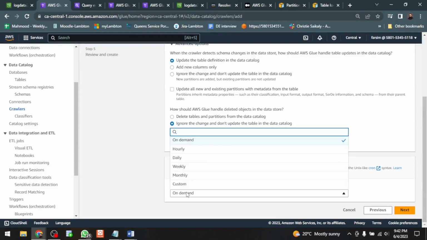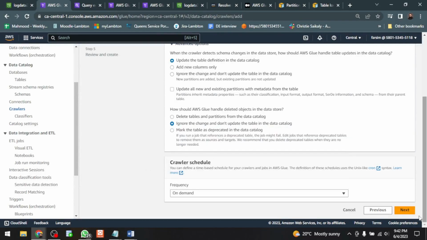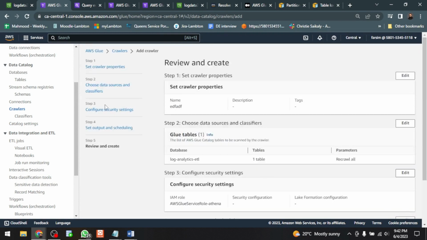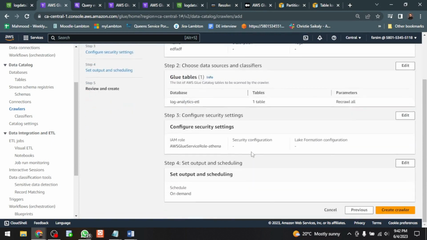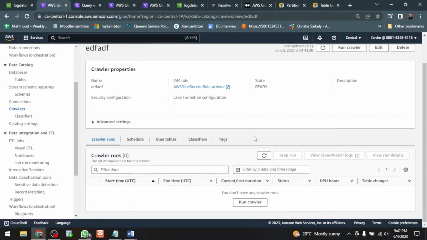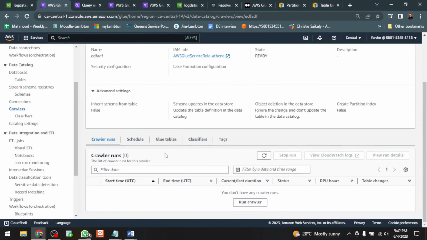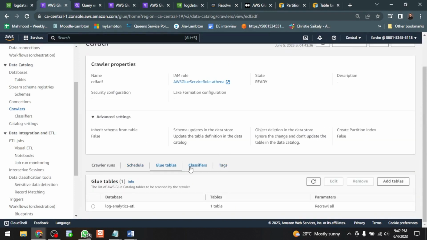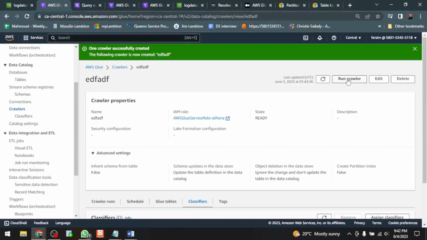and all things like on demand. This is a crawler schedule, and here it is. Everything is set up. If you click on create crawler, it will create the crawler. For example, the crawler has been created. Now if you click on run crawler, it will then